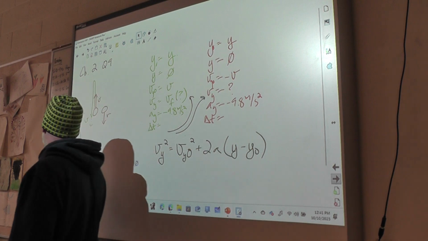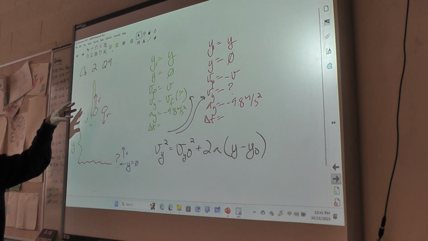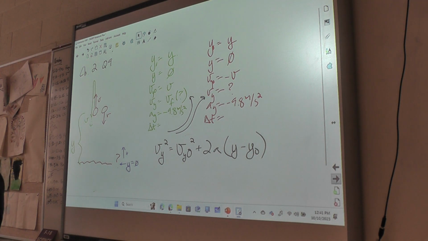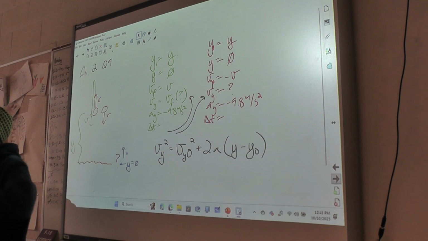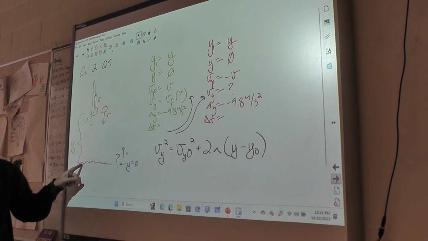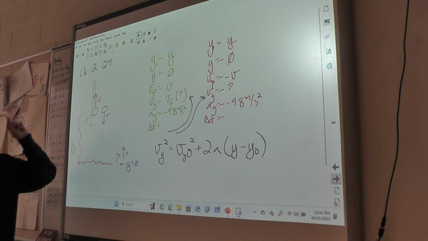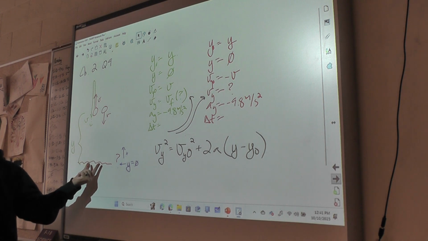So number 9, the question says, there's somebody standing on the balcony of a building, and she throws 2 balls. One she throws straight down, and one she throws straight up. She throws them with the same speed, just in different directions. And then there's an observer a couple of stories below. And the question is, as those balls go past the observer, how will their speeds compare?